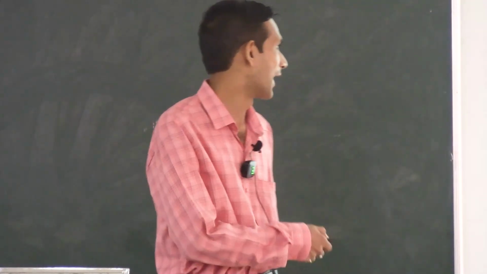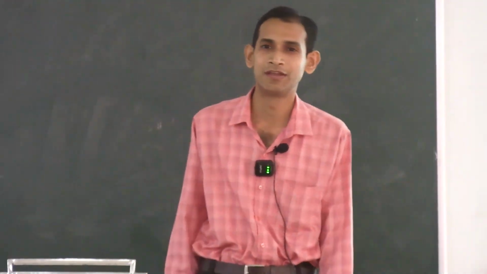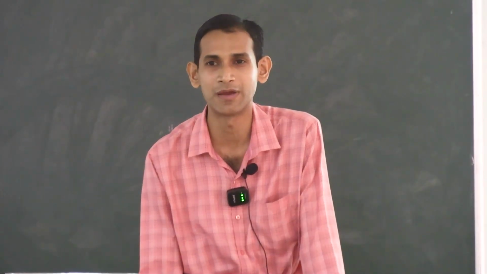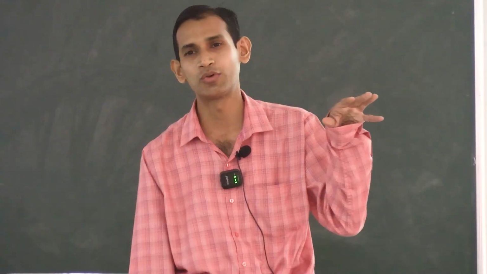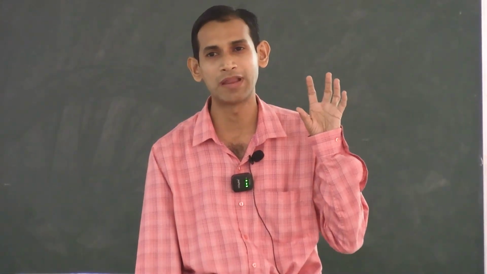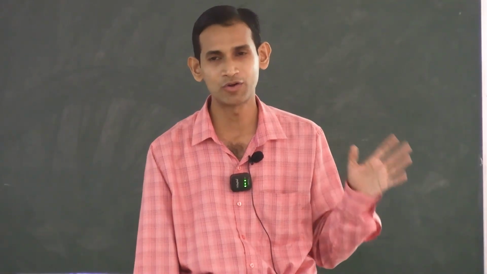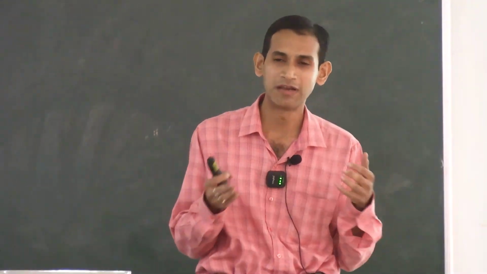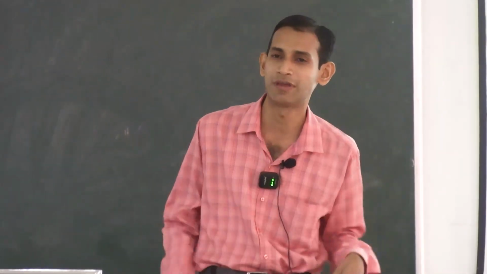Now coming to albinism. Albinism is a genetic disease, an autosomal recessive condition. Most commonly it occurs due to deficiency of the enzyme tyrosinase. In that case, the number of melanocytes is normal, but there is a complete absence of the enzyme tyrosinase. As a result, tyrosine to dopa and dopa to melanin conversion does not occur. So there is loss of melanin pigment due to the deficiency of the enzyme tyrosinase.